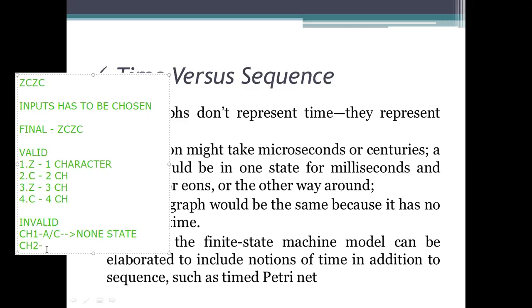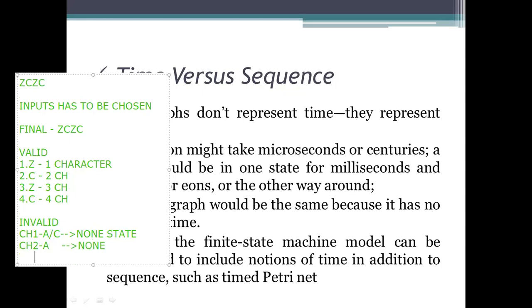So the character 2 is C. If it is A, then we will move to the none state, I'm specifying simply none.